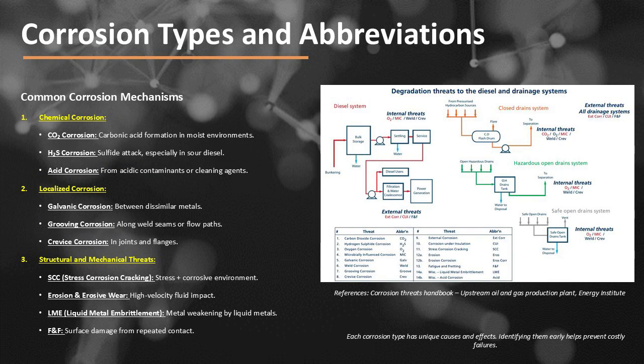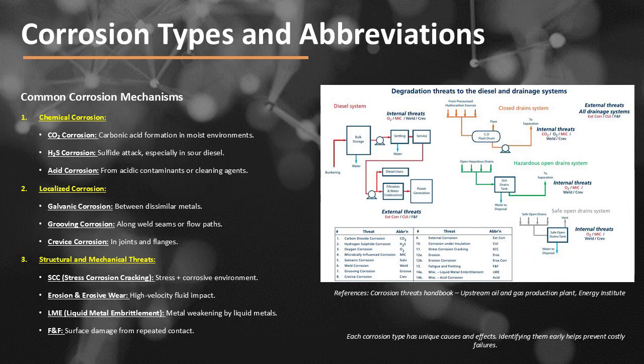Corrosion types and abbreviations. Each corrosion type has unique causes and effects. Identifying them early helps prevent costly failures. Common corrosion mechanisms that may occur in the diesel and drainage systems include, number 1 is, chemical corrosion, CO2 corrosion, carbonic acid formation in moist environments, H2S corrosion, sulfide attack, especially in sour diesel, acid corrosion, from acidic contaminants or cleaning